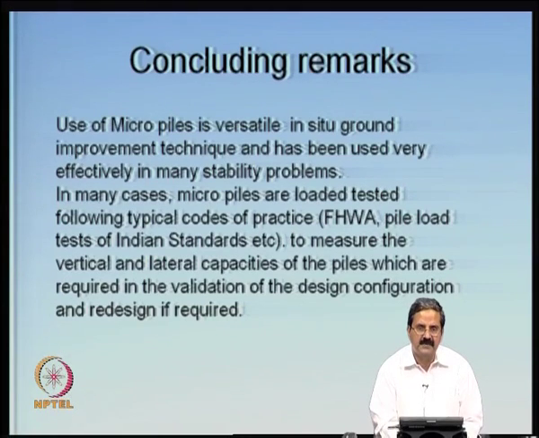Then when they did the SPT tests, the bearing capacity they had earlier taken was 20 ton per meter square and they went ahead with the design, but the investigation showed that the bearing capacity was only 7 ton per meter square. So they have to make it up so that 20 ton per meter square is available, otherwise they cannot go ahead with construction.